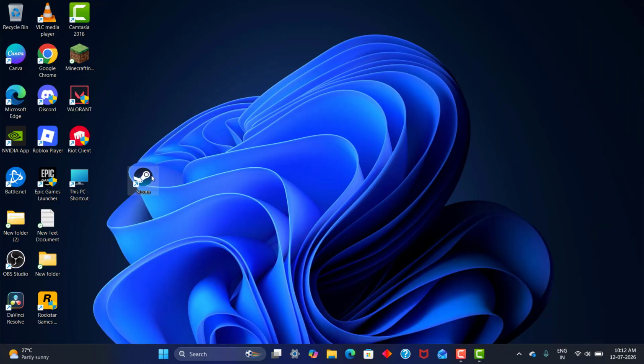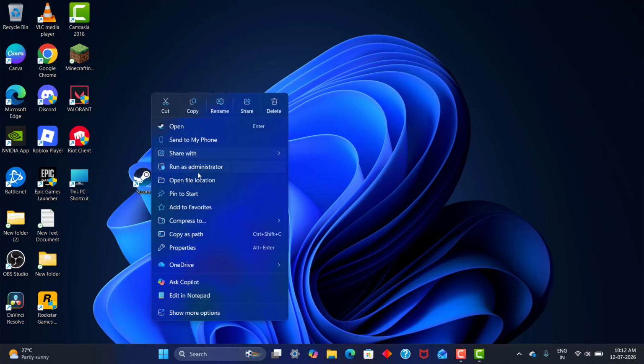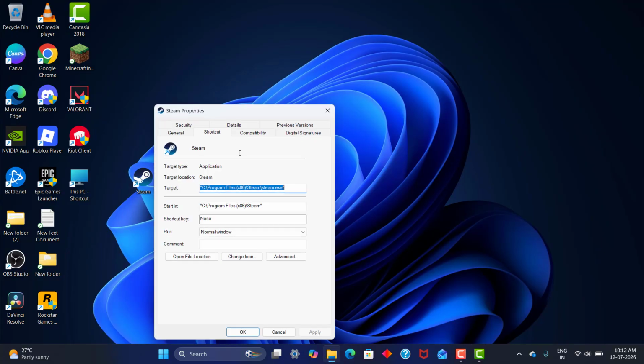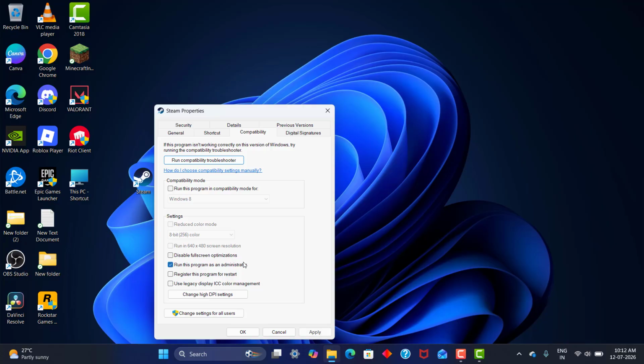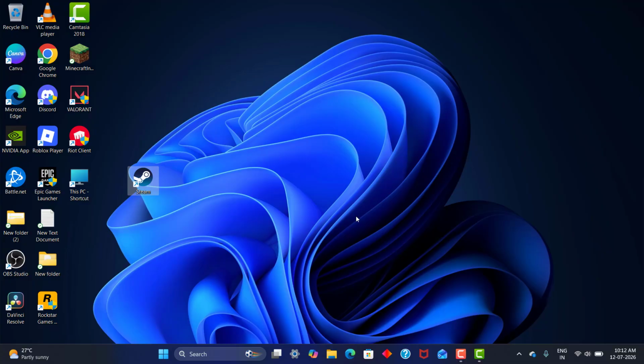Run Steam as administrator. For this you need to right click Steam, click properties, click compatibility and enable run the program as administrator. Click apply and OK. After that, come to the next step, click settings,